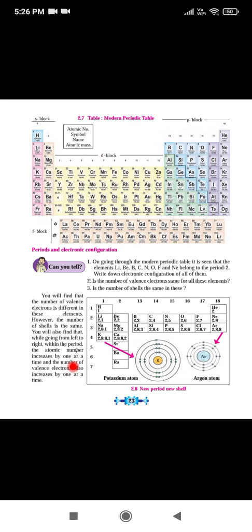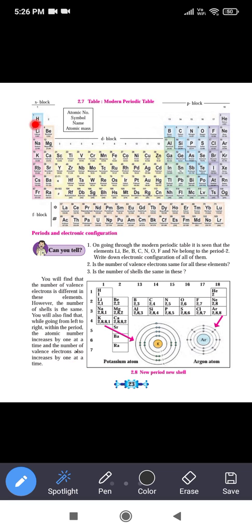Now observe the periodic table. This first group includes hydrogen, lithium, sodium, potassium, rubidium, cesium, and francium. Except hydrogen, the other remaining elements are metallic in nature and they are in solid state. वो क्या है? Solid state में है. And these first group elements are called the alkali metals. Now the second group contains beryllium, magnesium, calcium, strontium, barium, radium.